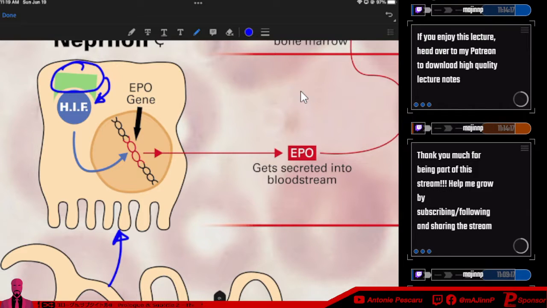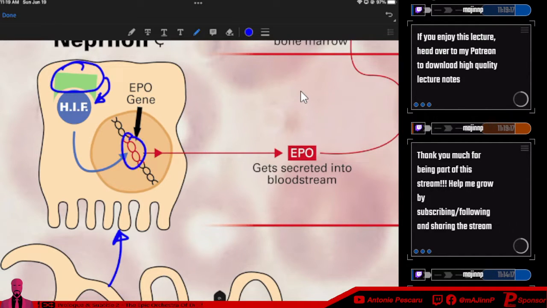Because what can happen is that if you have too much EPO, and we're going to get into a pathology later on for that, it creates too many red blood cells. Too many red blood cells lead to an increase in viscosity, which is really dangerous, and you don't want that. So there's always going to be this protein that regulates the hypoxia inducing factor to not run wild, because it has a high affinity to bind on, to go inside of the nucleus. It always wants to go inside of the nucleus and bind on to the EPO gene to increase